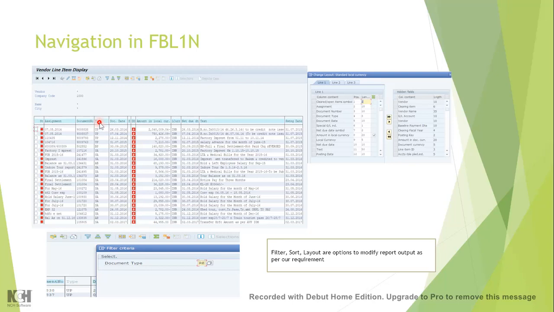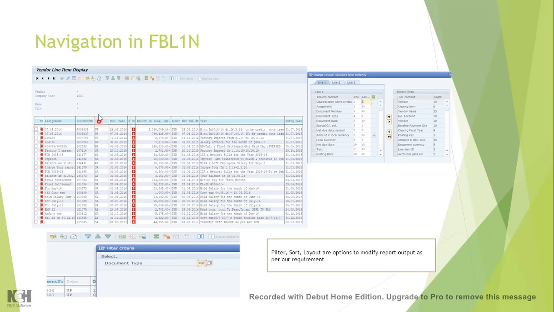So what you should do, you should ask your client based on all the document types which are visible in this report, what are the meanings of UP, SA, AB, and once you understand that, then you filter it. Normally in SAP, vendor invoices are processed using RE for PO based invoices and KR for non-PO based invoices.